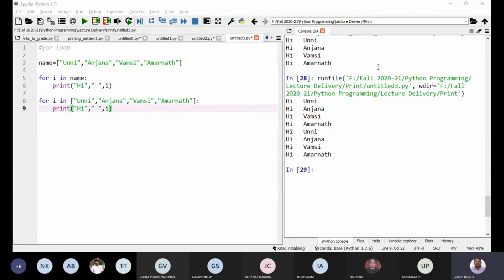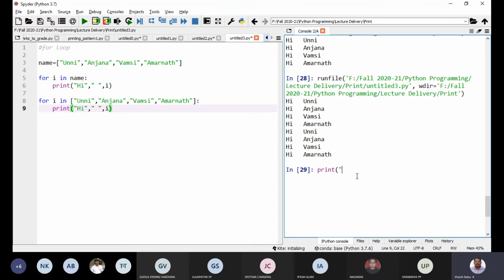Yes, sir. Okay. In the previous session, I didn't tell one thing. We just discussed the default print version. There are some options in print. For example, you can print multiple names, multiple variables or multiple strings at a time.